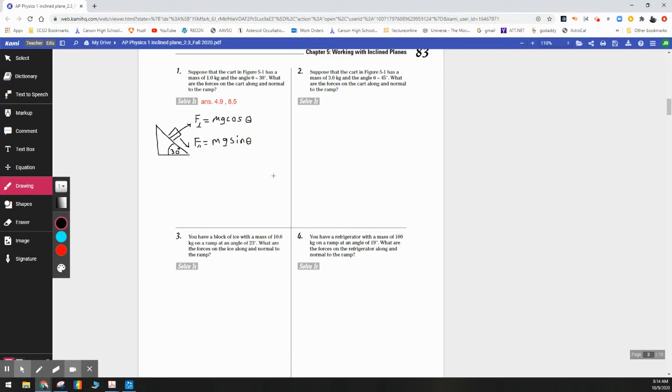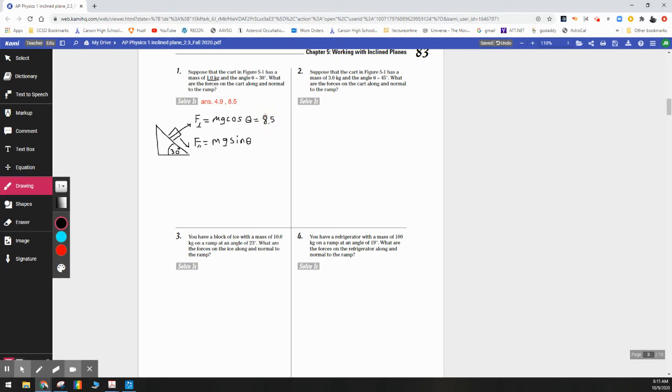Mg sine of theta. Okay, so using our calculator here, so we plug in, so mass is 1 kilogram. So 1 kilogram times 9.8 times the cosine of 30 degrees. So we'll go ahead and use a calculator here. And so I'm going to plug in the values. So this should equal, we'll put in here 1 times 9.8 times the cosine of 30 degrees gives us 8.48, okay, which will round to, we'll say 8.5, which